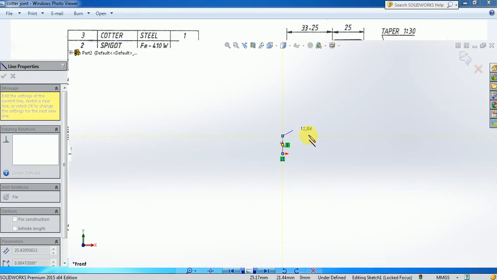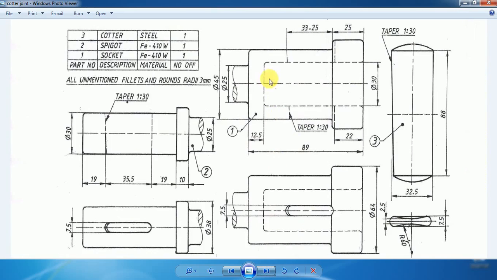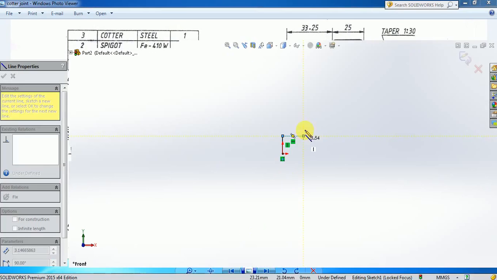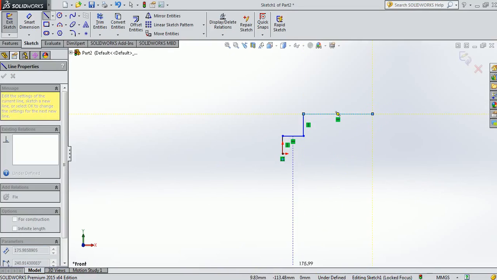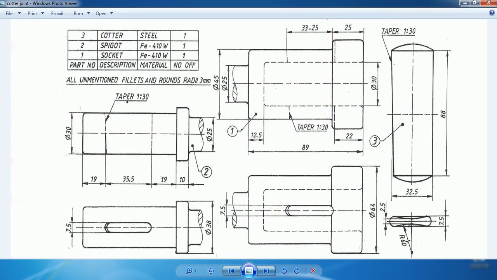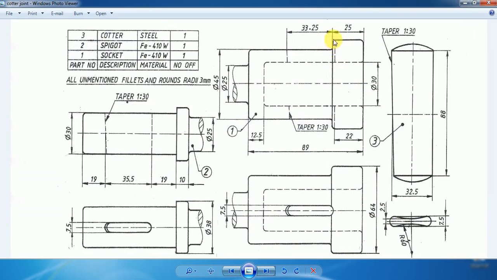Okay, so therefore I am going to draw one horizontal line to indicate the length of the rod portion of the socket, and then I will draw this vertical line here. Okay, so then vertical line, then again horizontal line to represent this portion will be constructed. Okay, and then again small vertical line here, again from this point draw horizontal line,